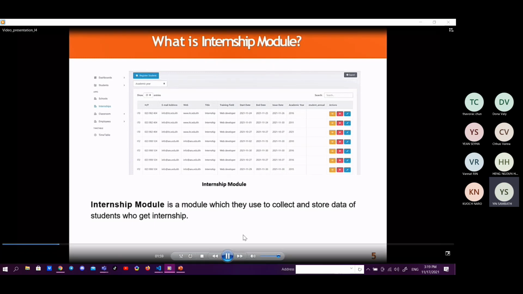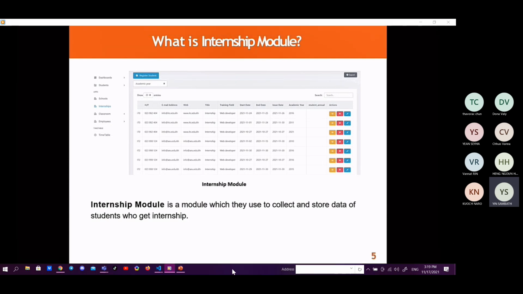The last point is further utilizing the data for statistical analysis, such that we want to know, when students graduate from our school, how many percent can find a job, employed or unemployed, with our partner company or other companies also.